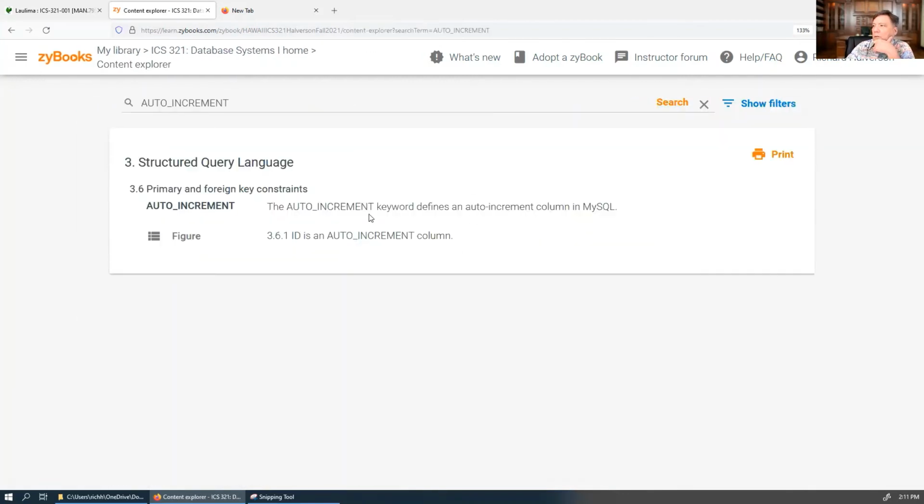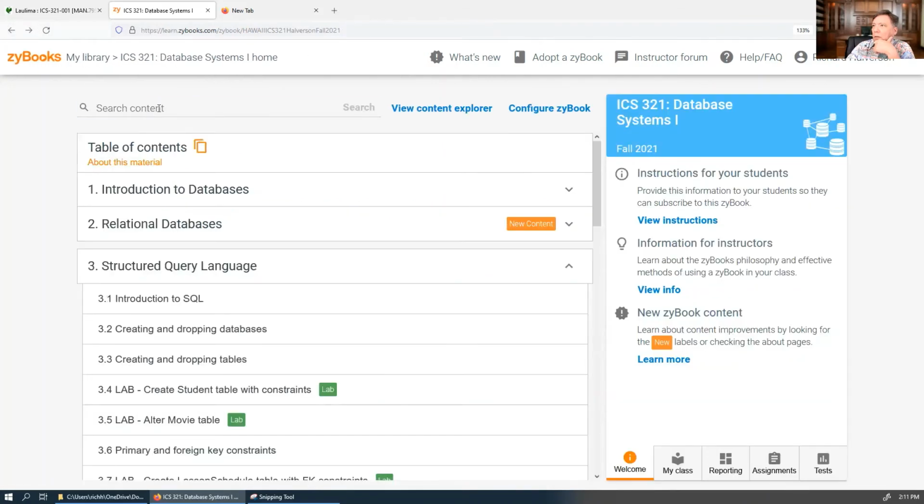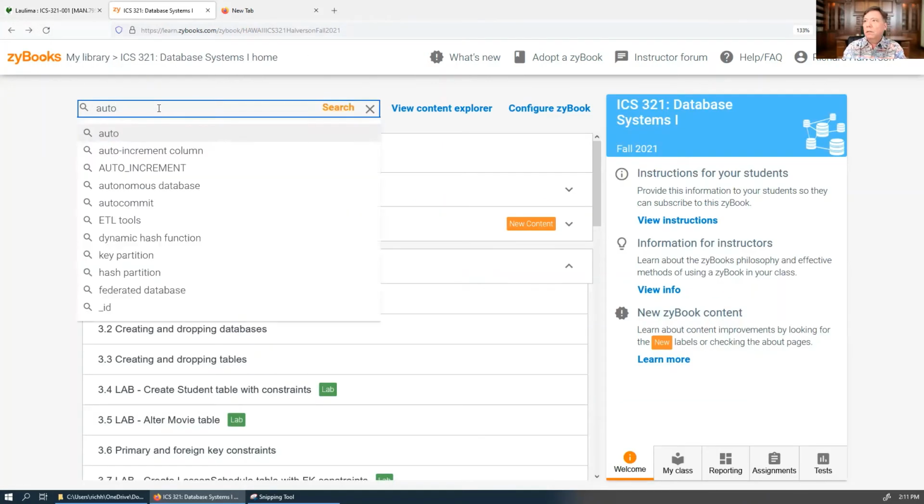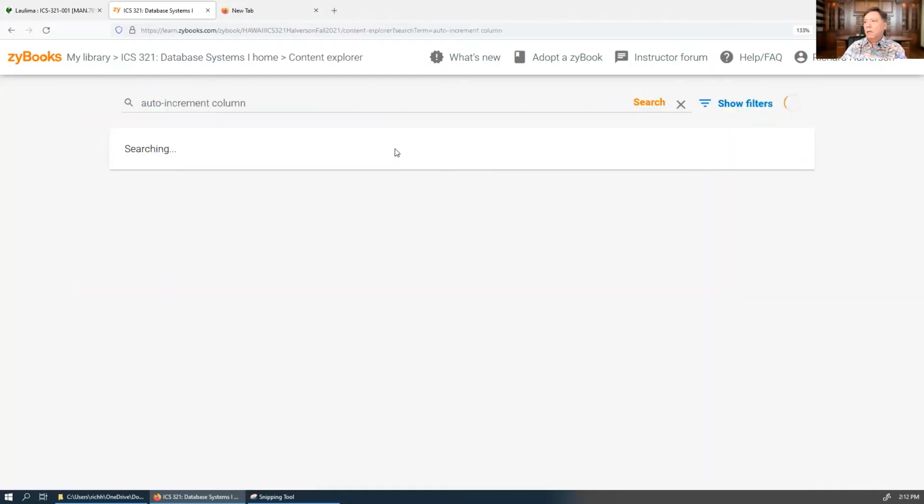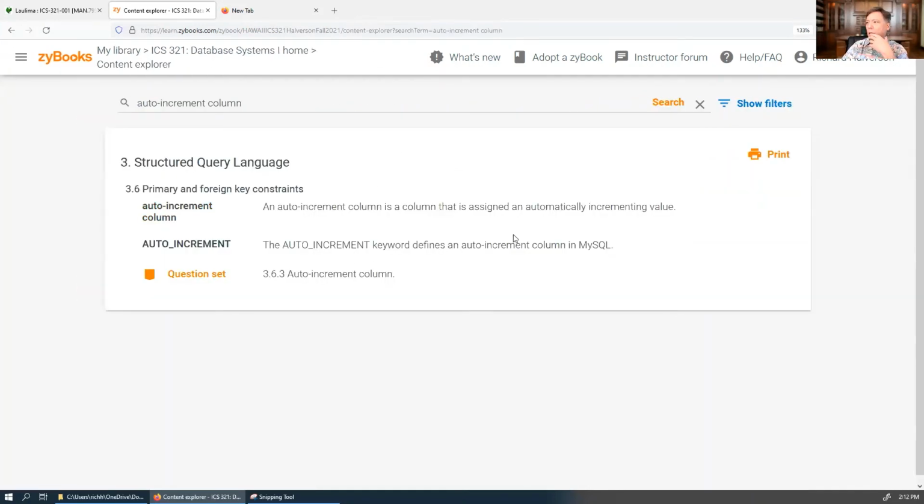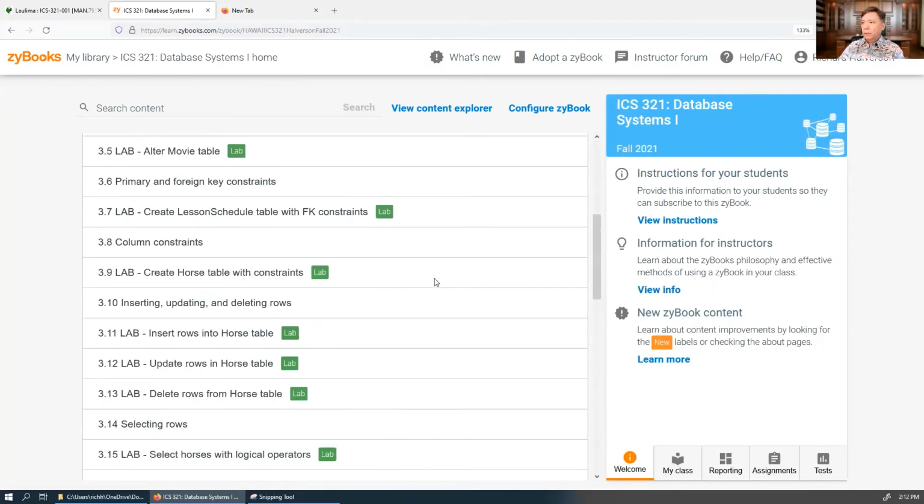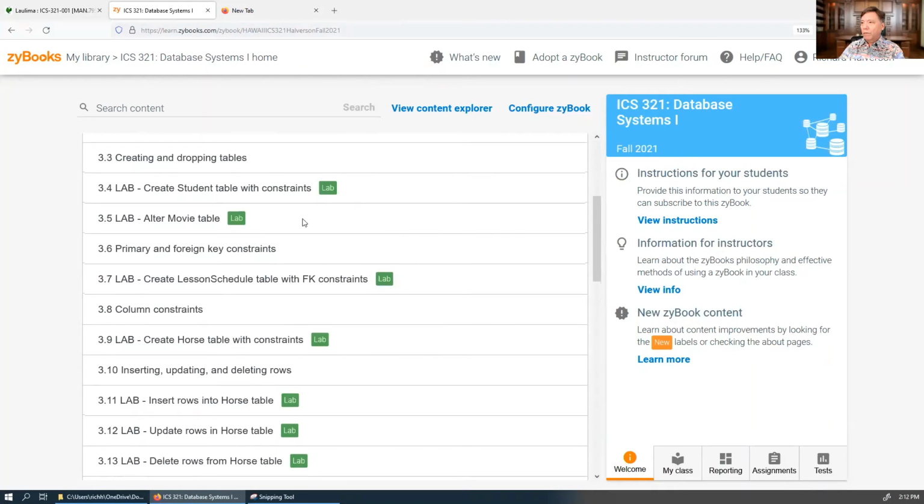Auto increment. Let's see what this says. Auto increment column. Let me go back. Auto increment column. Okay, it's just AUTO. It's just that. Okay, great. Let me go back. So we were doing lab 3.4,